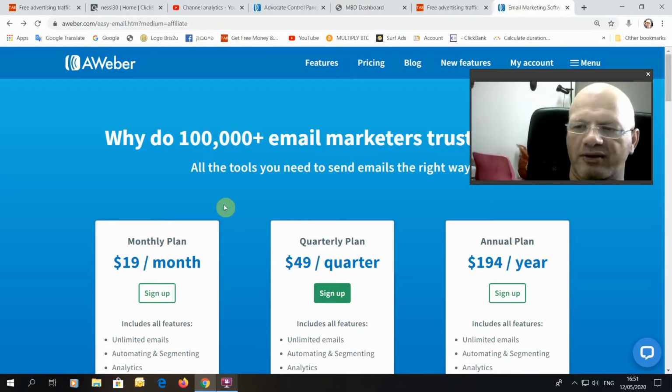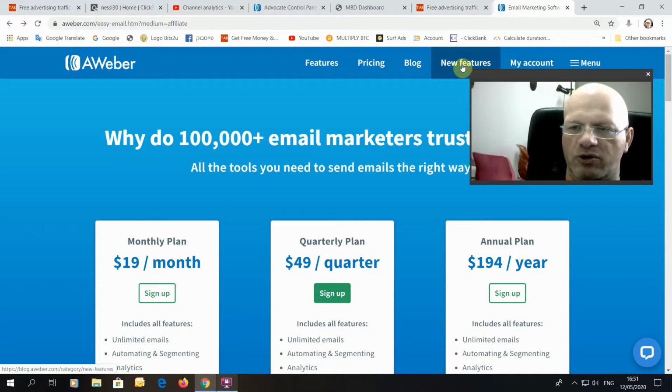Now, a good part about AWeber is, like, 1 month ago they had forms. You could use those forms to add people, to build your list. But now if you go to new features, and this is the reason why you should join now. If you go to new features,